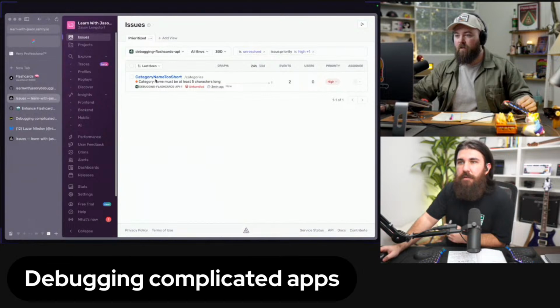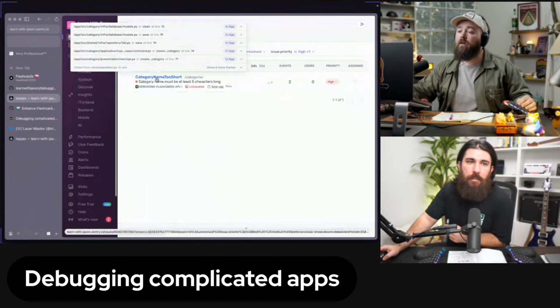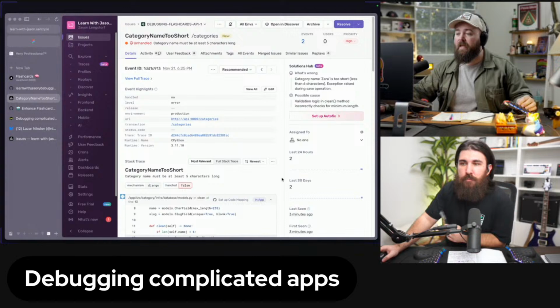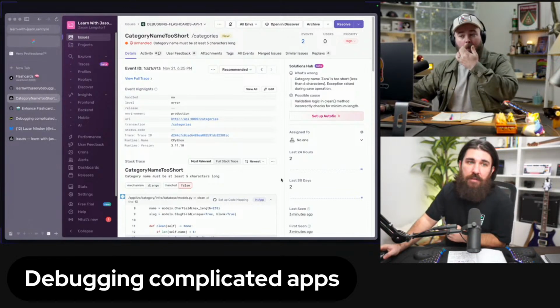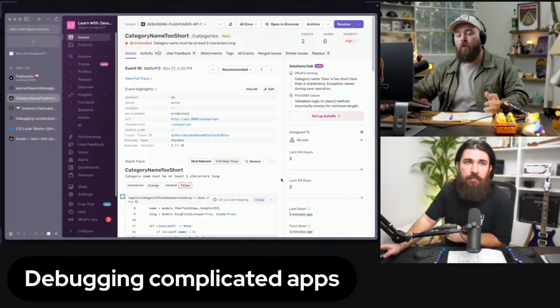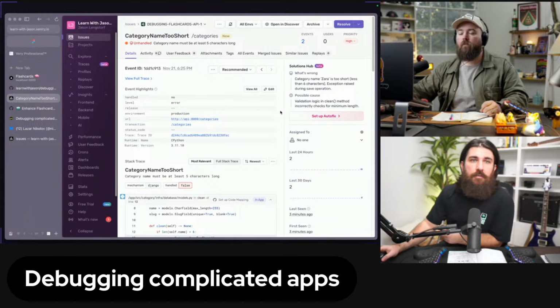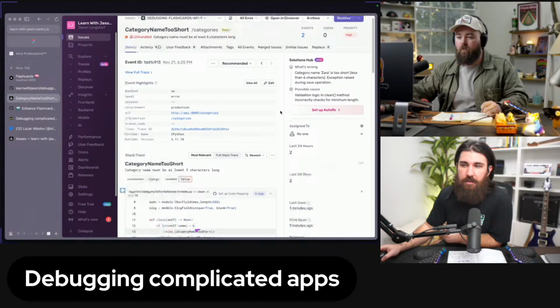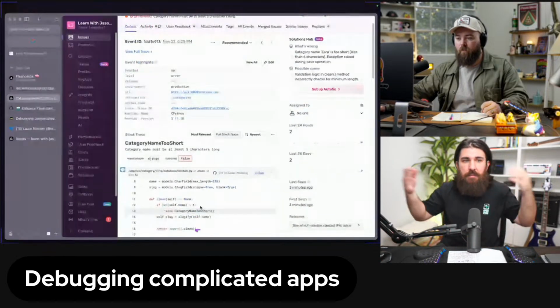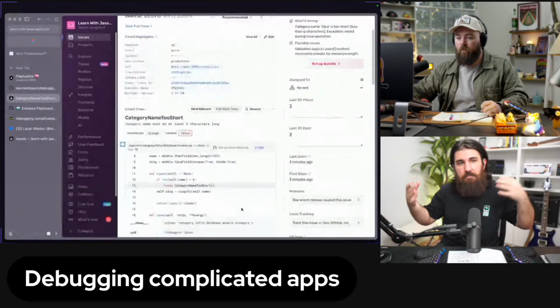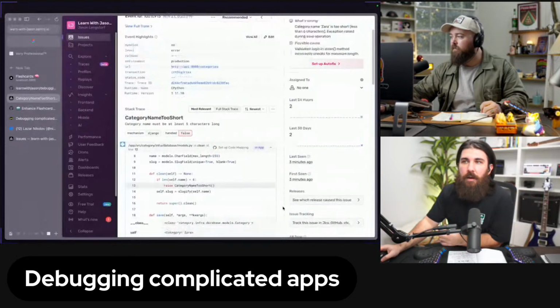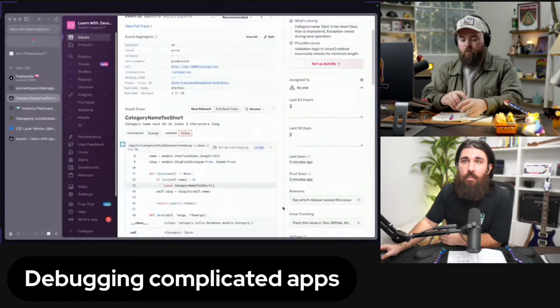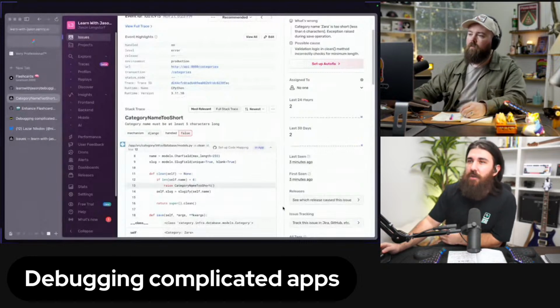You're going to see, there we go, category name too short. Oh, all right. So we already have good insight into what's going on here. Yeah, but imagine you have like 99 other issues. Sure. You might not know that this is what's causing the front-end issue. You can see where it is, there's a self.name is less than 6. Right here, there's a validation, and this is a validation mismatch between the front end and the back end, stuff that we usually hit. But yeah, we are going to put it on one trace, because right now it could be connected.